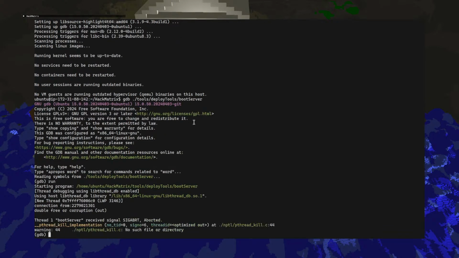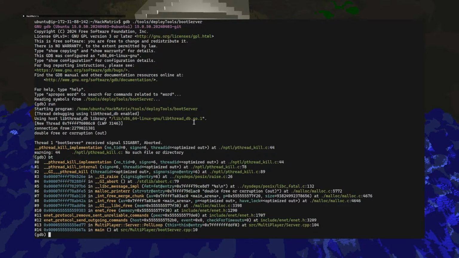Okay, so I have connected, and there is this, okay, BT. Let's see what's going on. Main pull loop, unreliable commands.